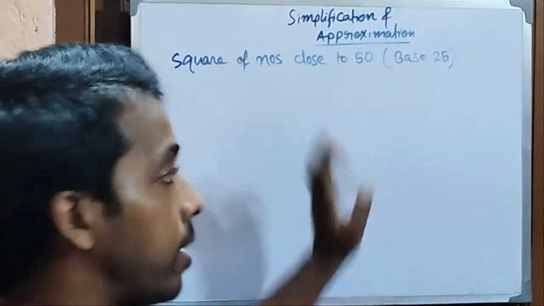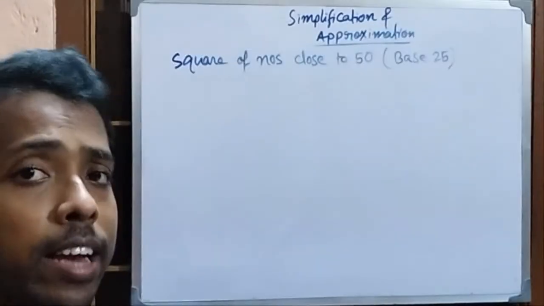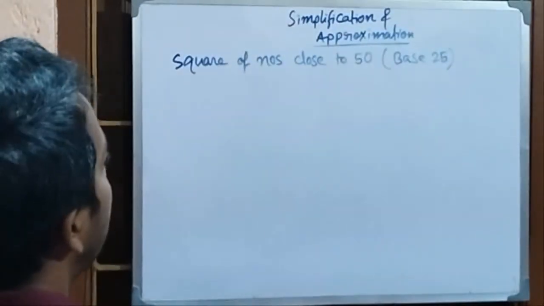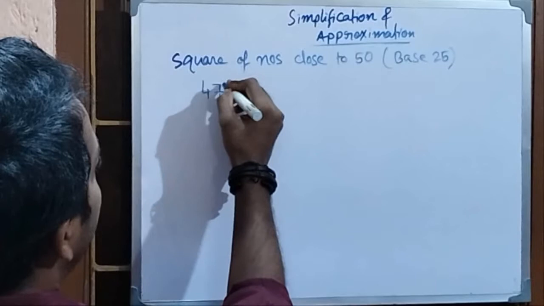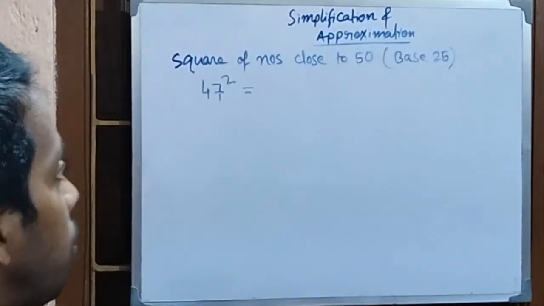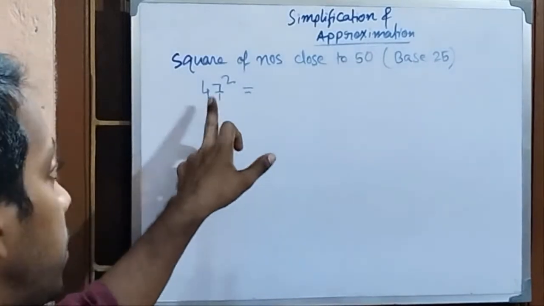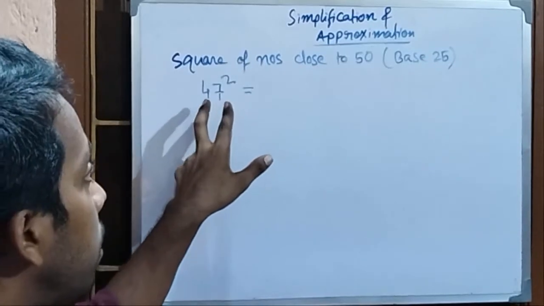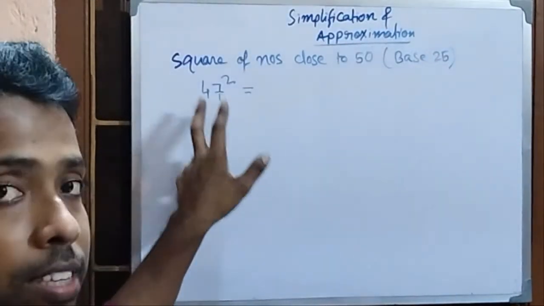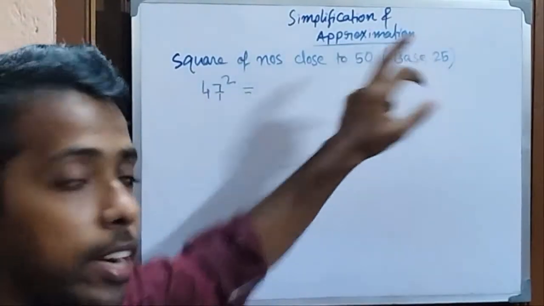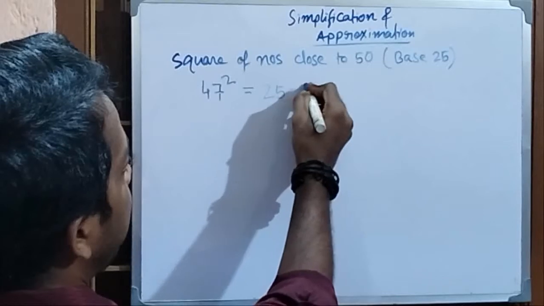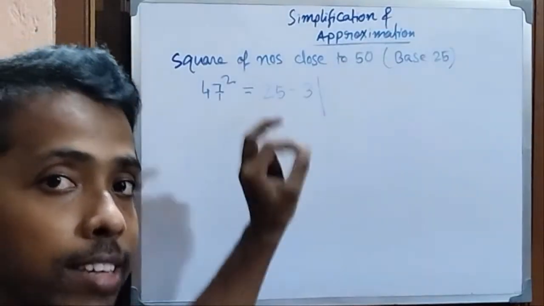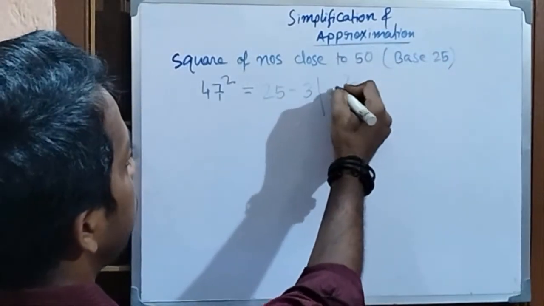What is this base? You will understand it. Suppose we take examples, on the basis of that we will understand the process better. First of all, we will find 47 square. So 47 is 3 less than 50. If it is 3 less than 50, you should subtract that less part from 50. This 47 is 3 less, so 3 should be subtracted from this base part, right? So 25 minus 3 is the first part, and the second part would be the square of that lesser part, meaning 3 square.